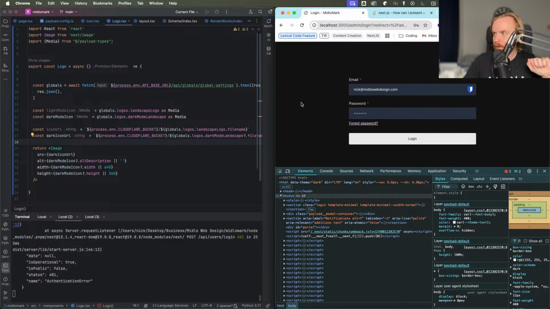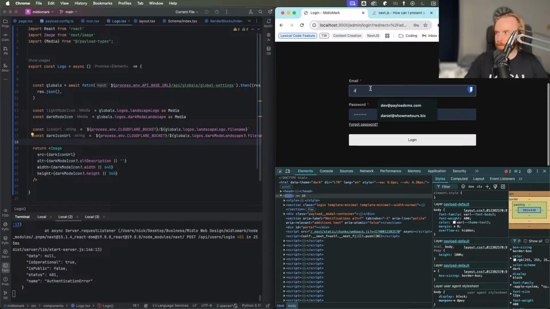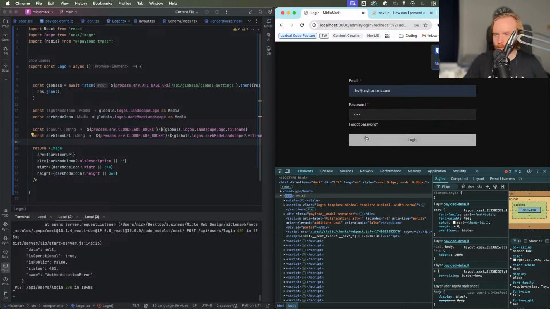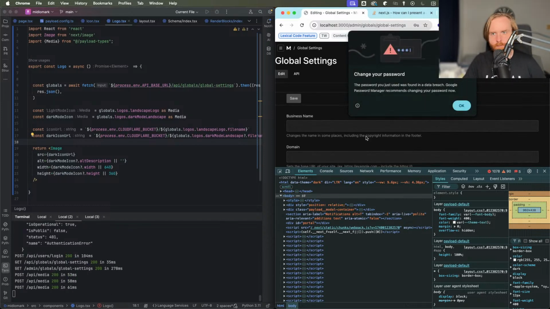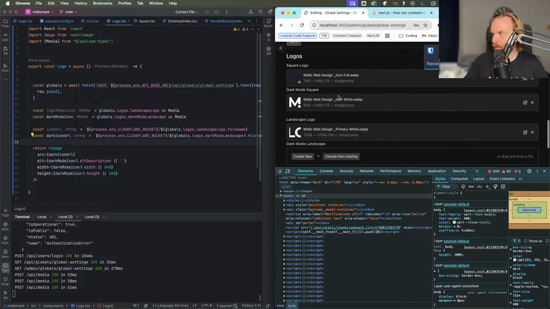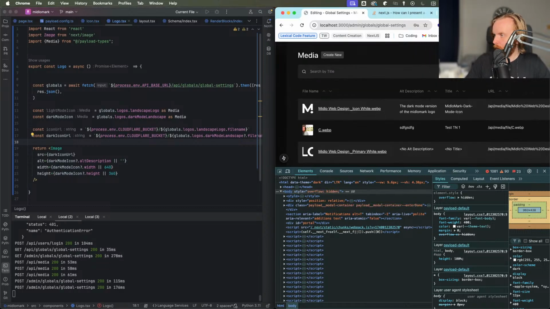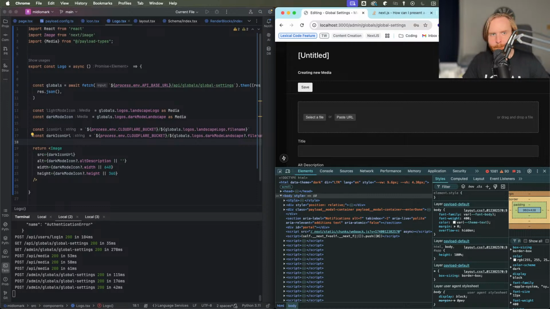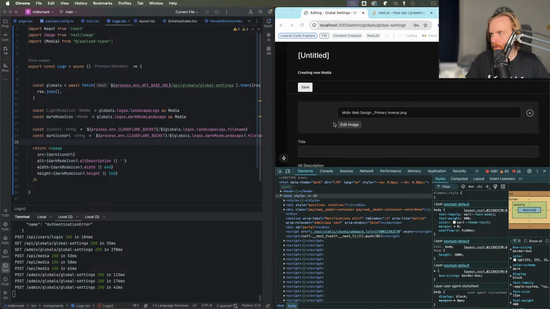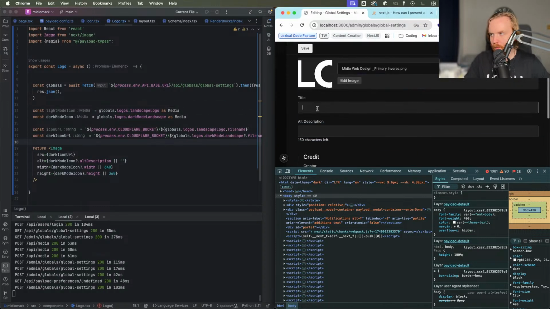So the problem is I did not upload a dark mode landscape icon. Oh, that's wrong. So we're going to do dev test. All right, and so in here then we need our dark mode landscape, which I can do, so not choose from existing. We'll create new, and then I'm going to pull this one in. So we'll do,